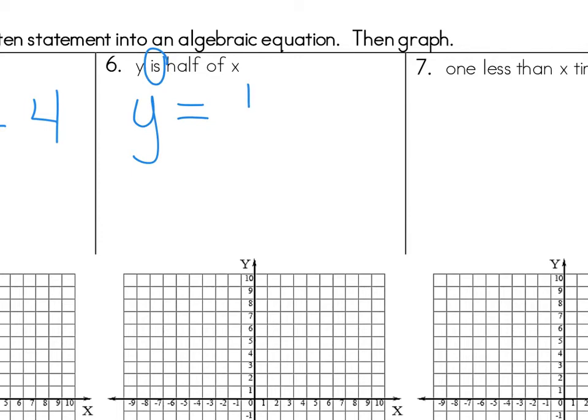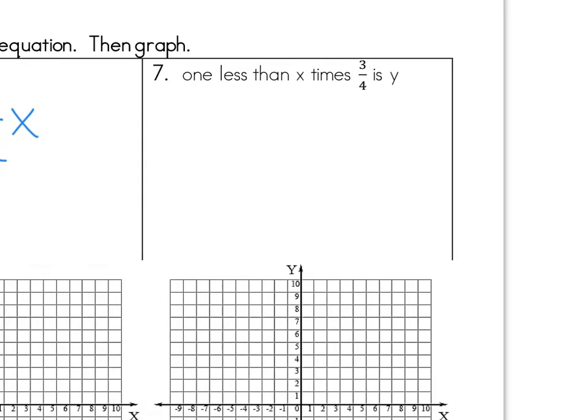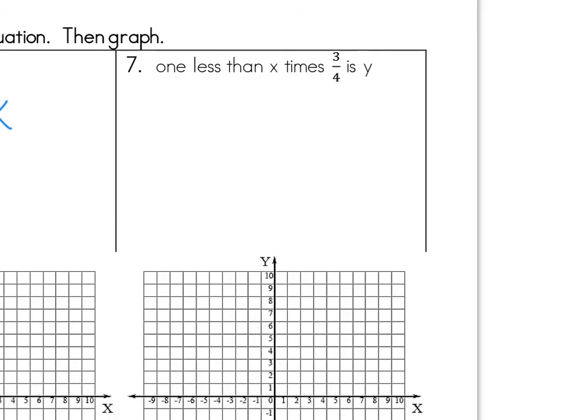Half of x. Half of means multiply, so half times x, 1/2 x. All right, 7. 1 less than. Ooh, 1 less than means I'm taking away 1. What am I taking 1 away from? X. X times 3/4. Oh boy. X times 3/4. Well, I don't want to write the times 3/4 after my x. This looks like 3/4 x